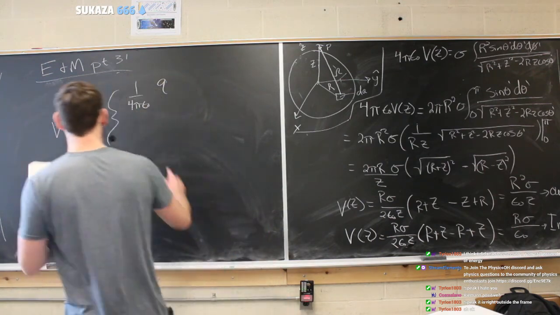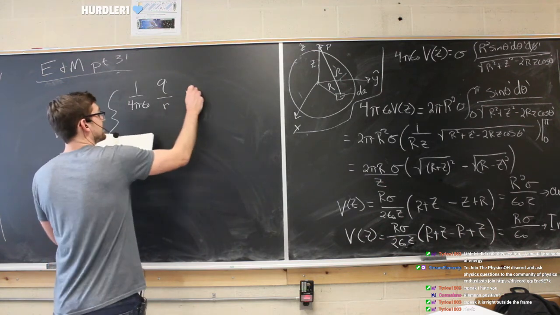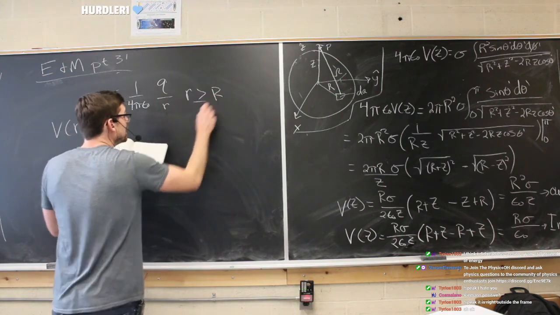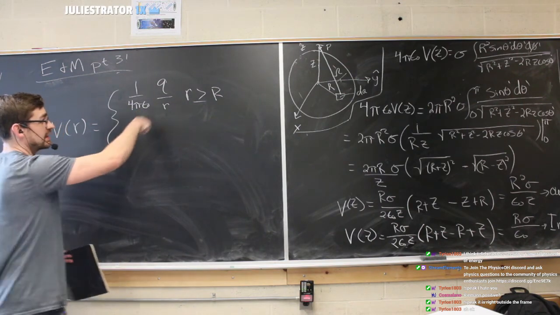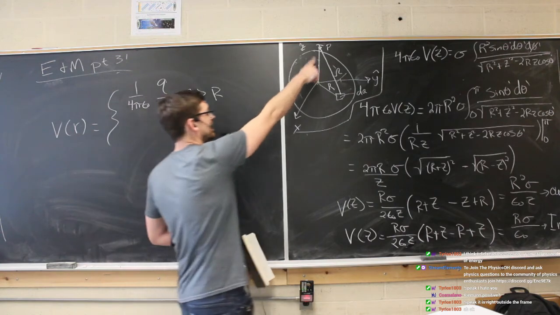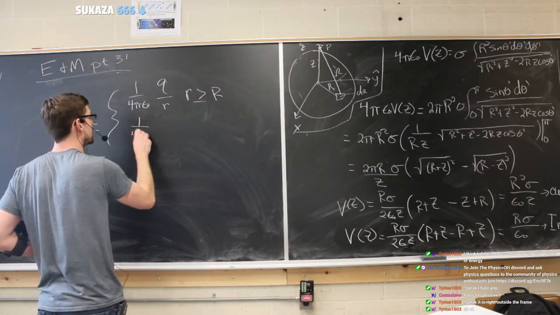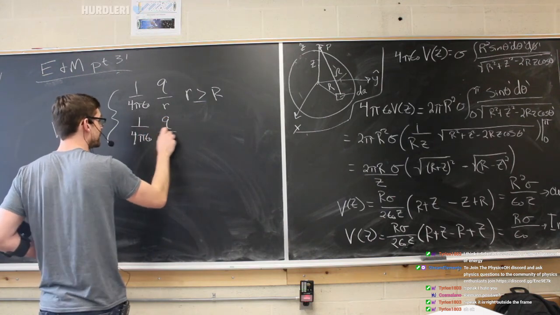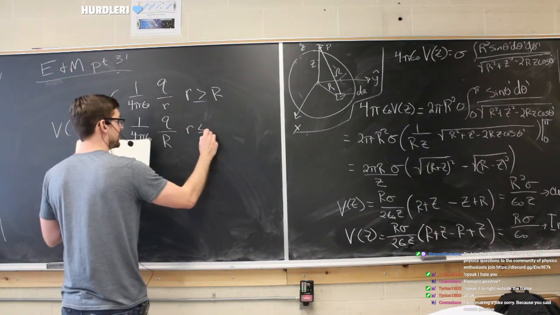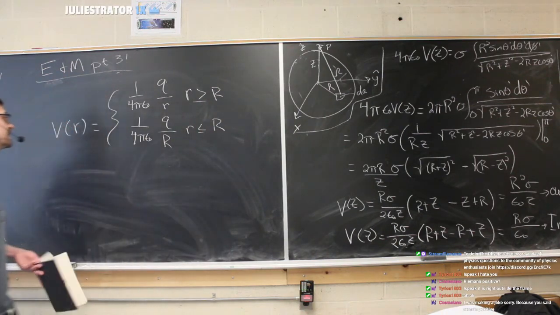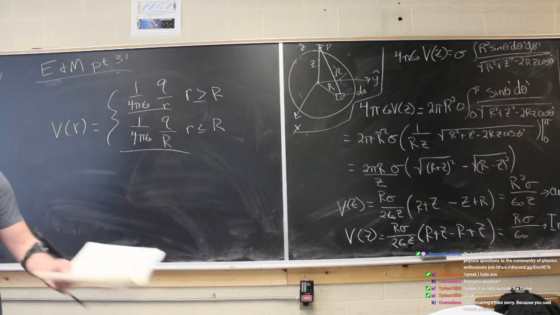That's all. So here we just have the last step, which is 1 over 4 pi epsilon naught q over r. This is for r greater than the radius. Now that's good, right? And I replaced z for r here because z is r in this one when it's on the outside. And then on the inside, it's just going to be 1 over 4 pi epsilon naught q over R, right? Hold on. Let me double check. Yeah, for r less than or equal to R. Now this is really important because again, these are the exact same two answers we got before when we solved this problem using the electric field.